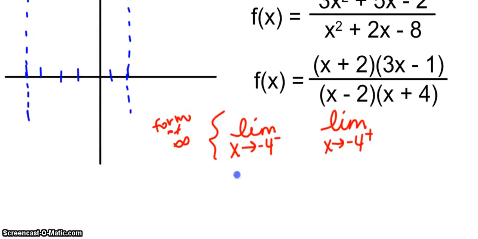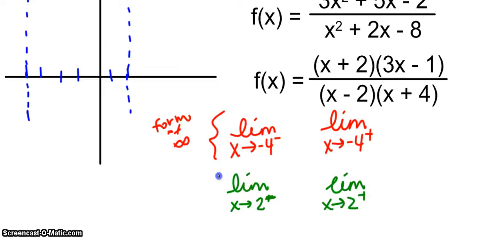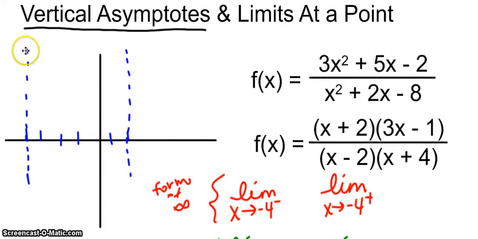Likewise, if I were to find the limit as x goes to 2 from the left, or the limit as x goes to 2 from the right, these are going to be some form of infinity, because we're hitting an asymptote, we're not allowed to cross over it, and then we're going to run to infinity or run to negative infinity. Well, to know which way, we can consider